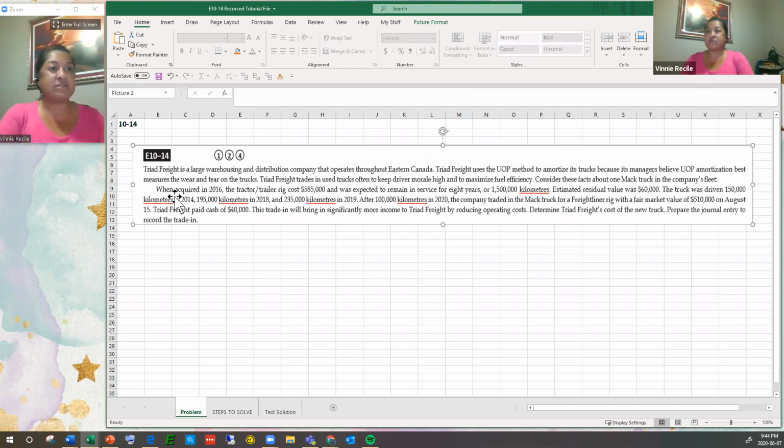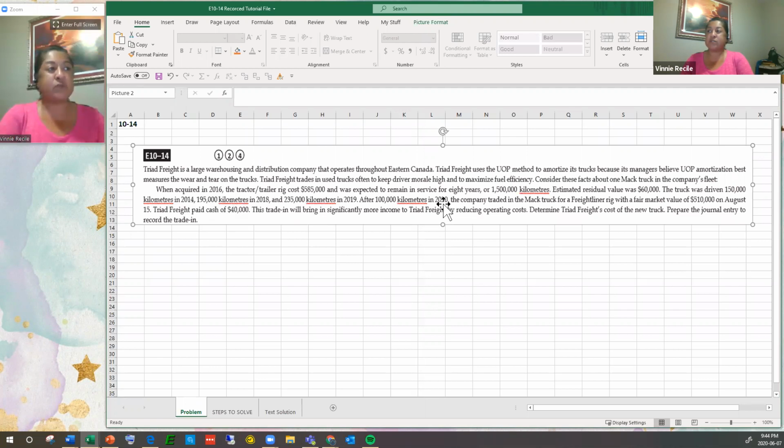Let's look at the facts. They acquired the tractor trailer rig in 2016 at a cost of $585,000. They expected its useful life to be 8 years or 1.5 million kilometers. Estimated residual value, $60,000. Then this goes into a series of kilometers per year that the truck was driven. So first year, 150,000 kilometers. This should say 2017 since the truck was purchased in 2016, 195,000 kilometers in 2018, and so on and so